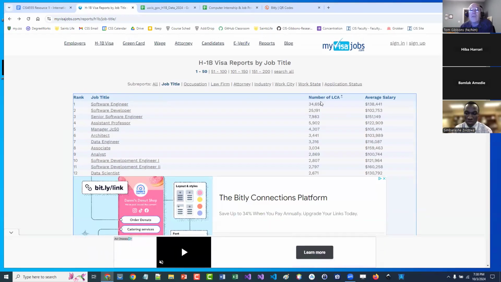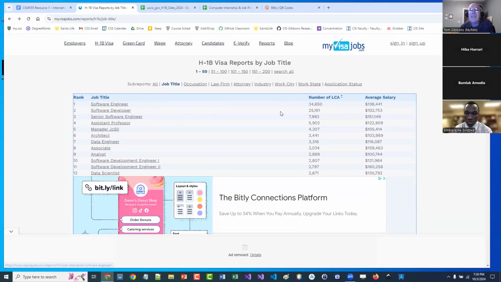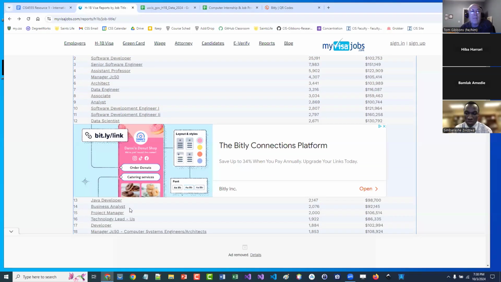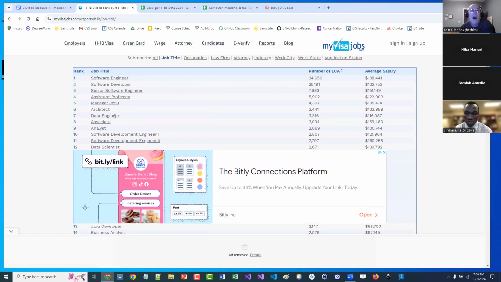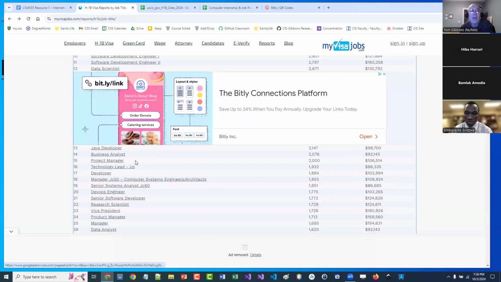But the top positions here, the two top ones, are software engineer and software developer. Those are by far way above any of the other careers out there. Now, I also see a number of students going into data analyst or data scientist stuff, or business analyst. And that's great. There are jobs out there, but just be aware as an international student, there are a lot more sponsorships for software development than there are for like a data or a business